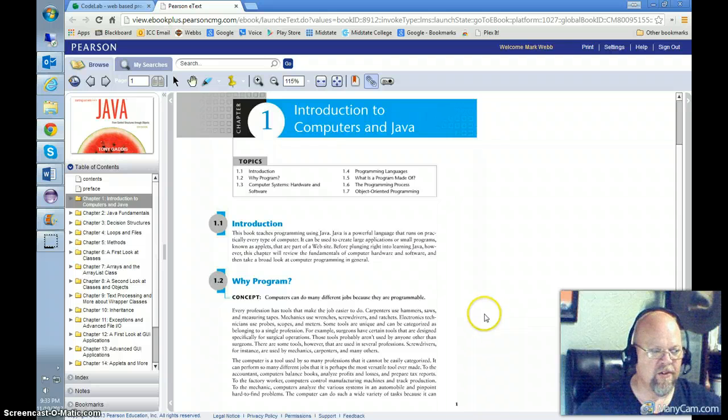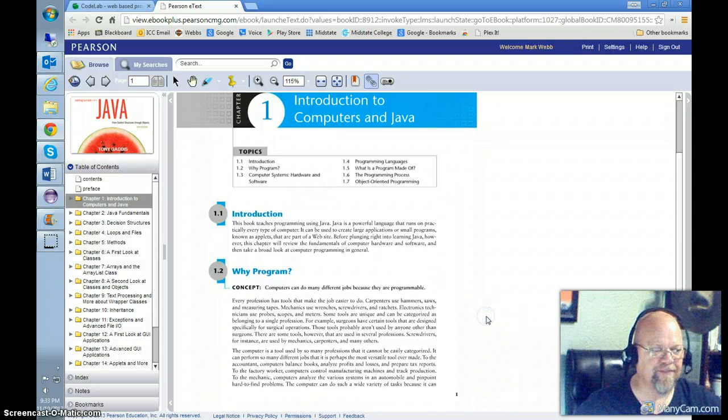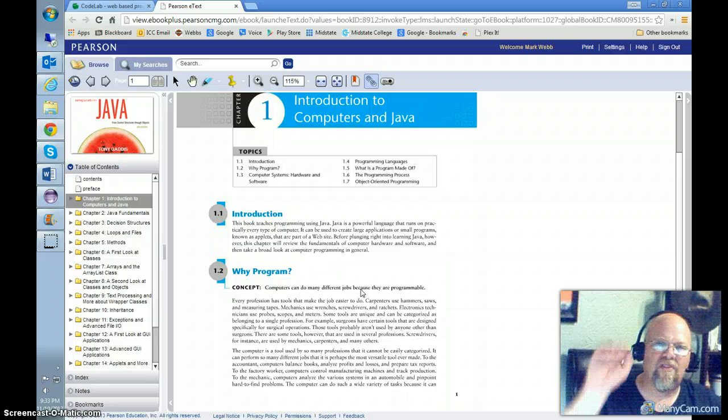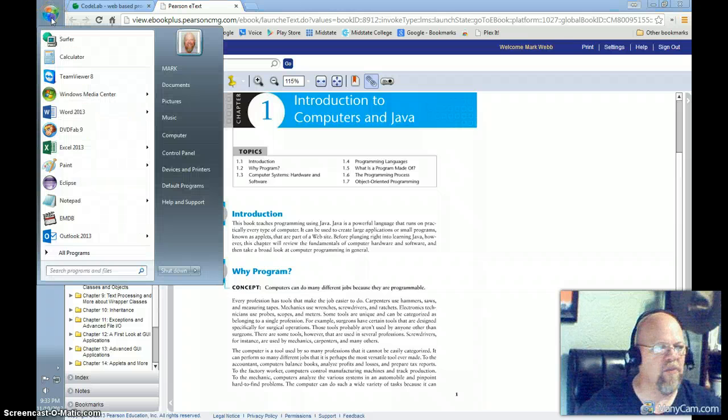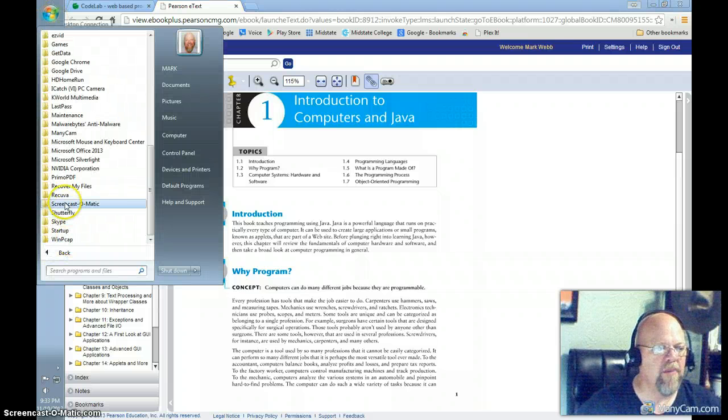So why program? Think of a program as a series of instructions that step you through the different processes and how to get from point A to point B,